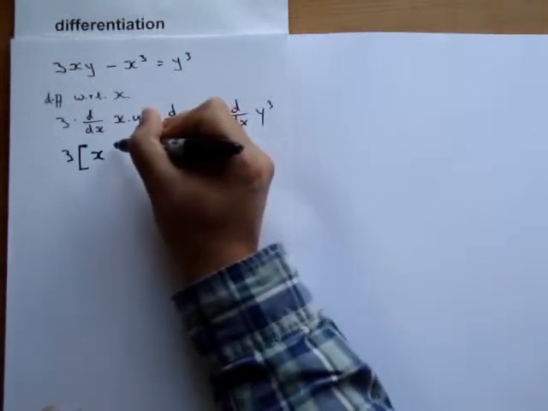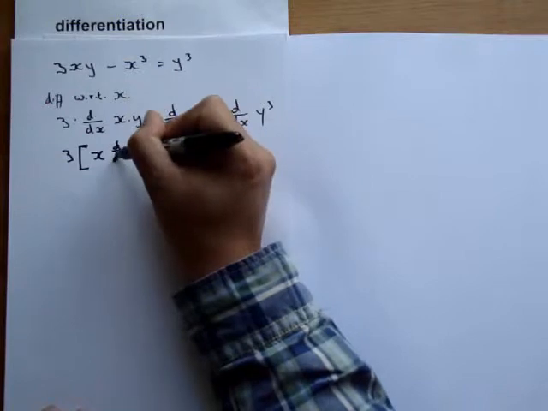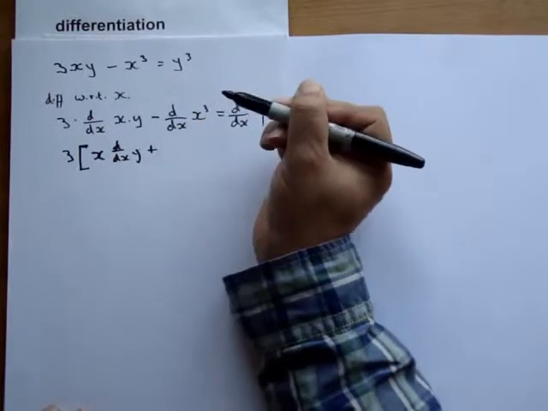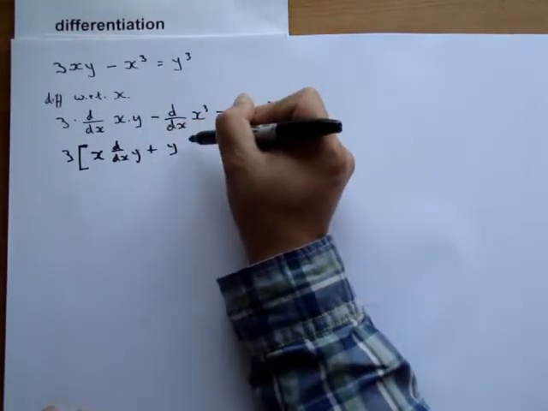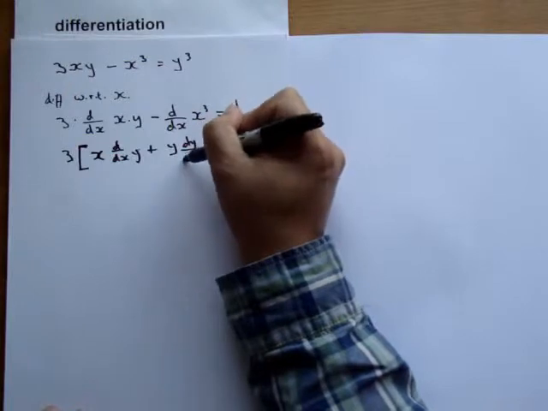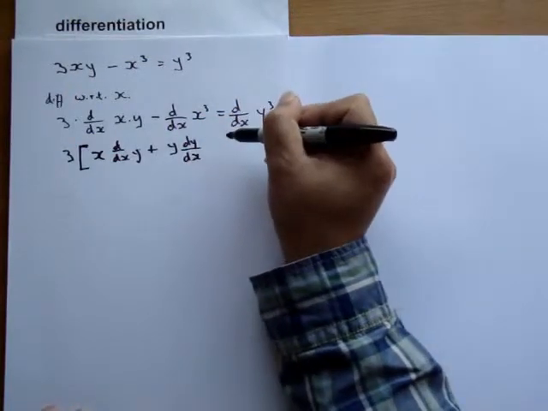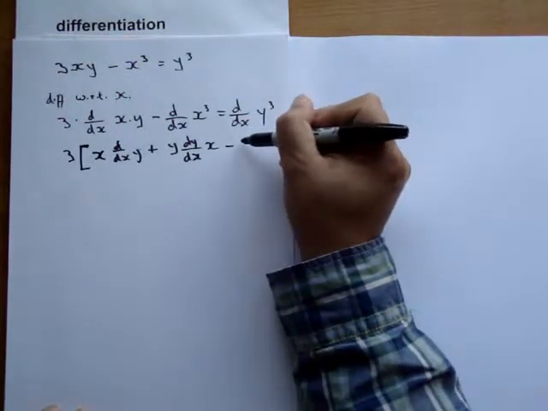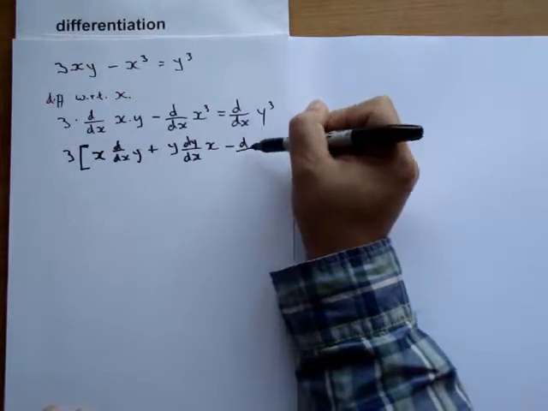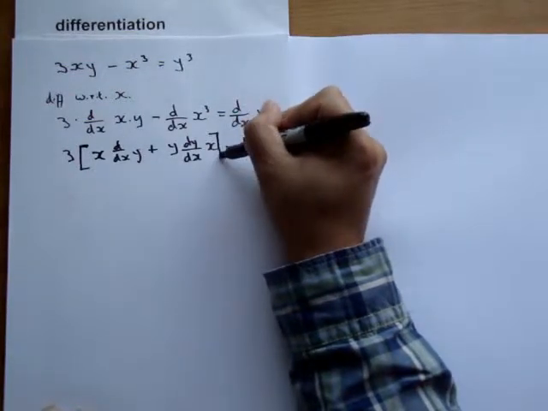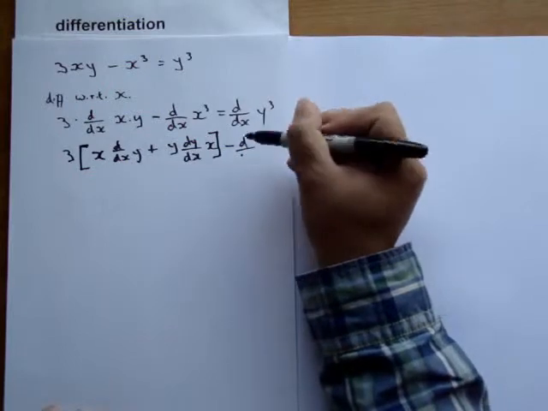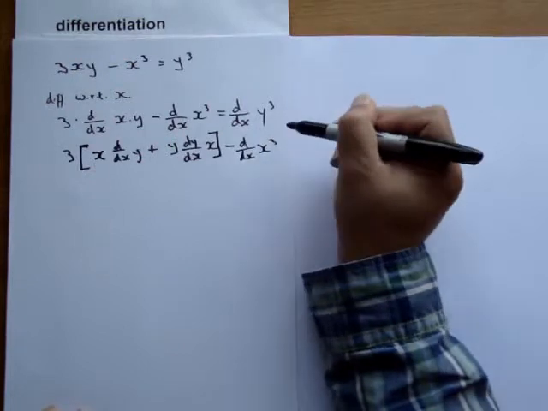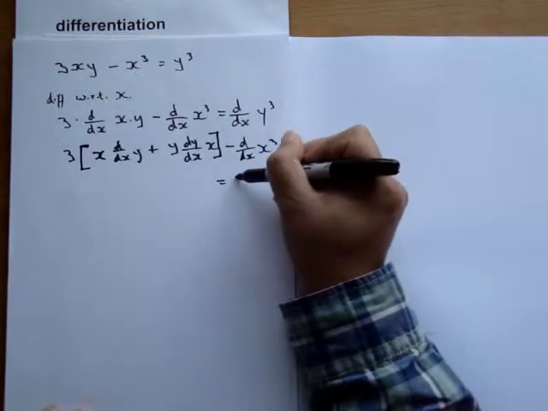So first differentiate the second, plus the second, differentiate the first, minus, so here we can bracket off that where we're going to apply the product rule, and that equals